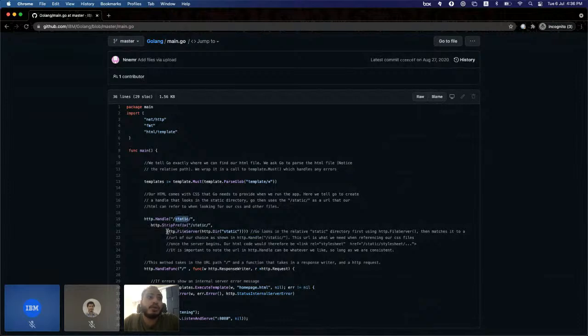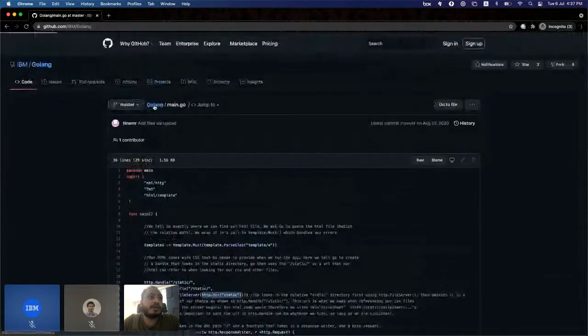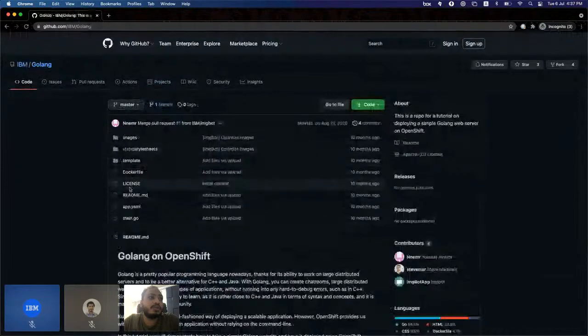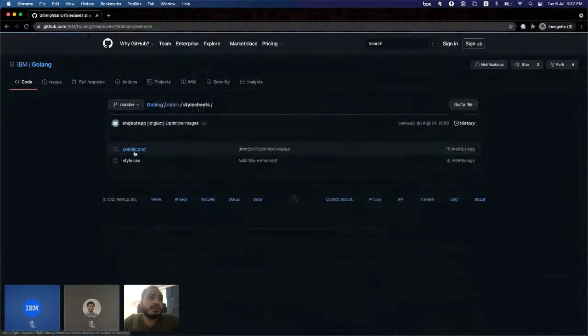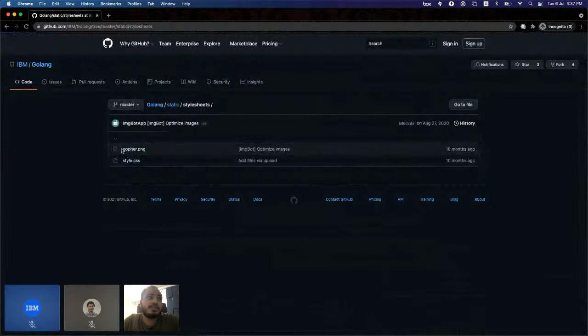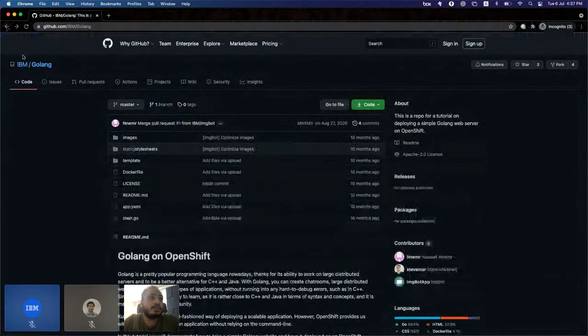Then we use http.FileServer to serve all the files inside the static directory. Again, if you go back to the main folder, you will see a static style sheet having the CSS and the image we'll be using for our website today. We get back,